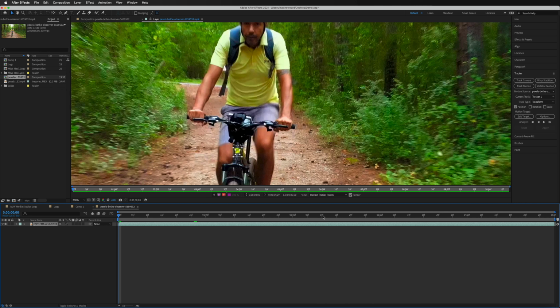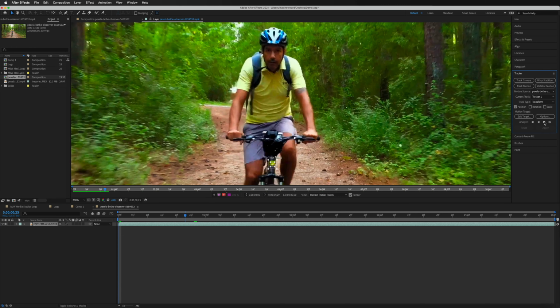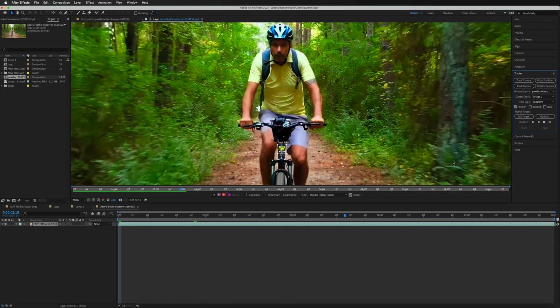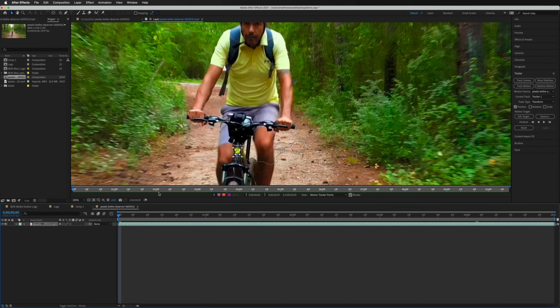And then that is going to cut our clip in half now to 5 seconds. So with that done, what we need to do now is just analyze this forward. So it's just simply pushing this button right here. So once you go ahead and do that, it's going to automatically start tracking this as it moves along in the video. So now it's analyzed the clip and it's complete.